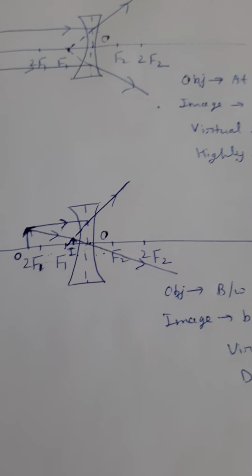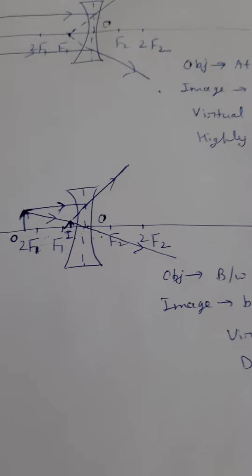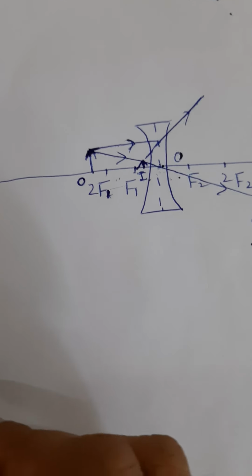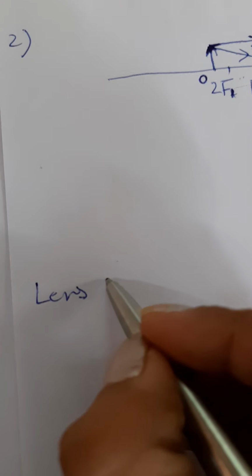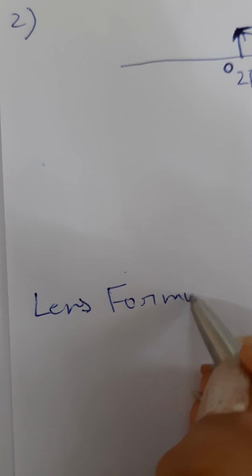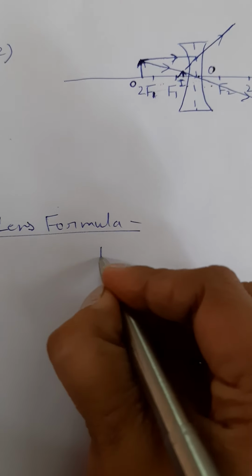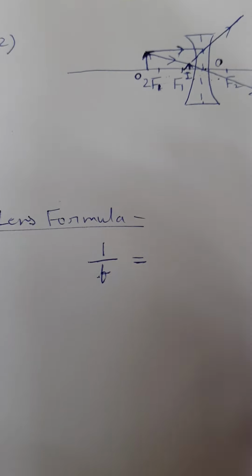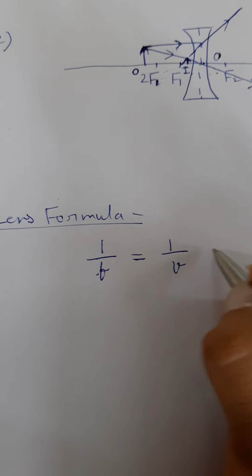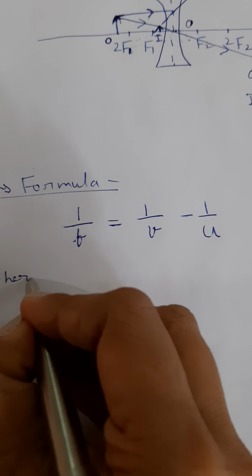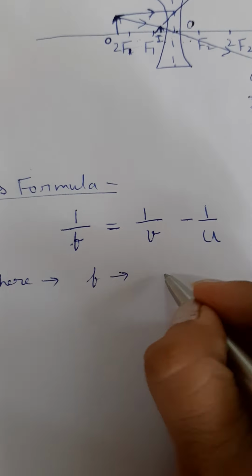Okay, so now as we have discussed image formation by both the lenses, now we will discuss the lens formula, how we can relate the focal length of a lens with object distance and image distance, as we have done for mirror. For the lens formula we will write 1 upon f is equals to 1 upon v minus 1 upon u, where once again symbols are same,